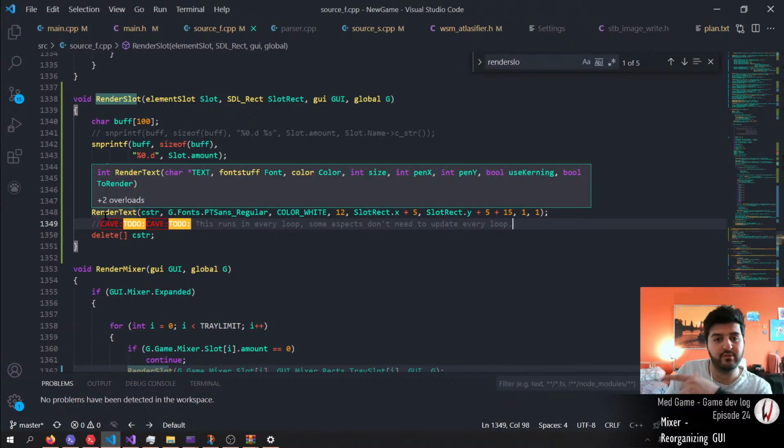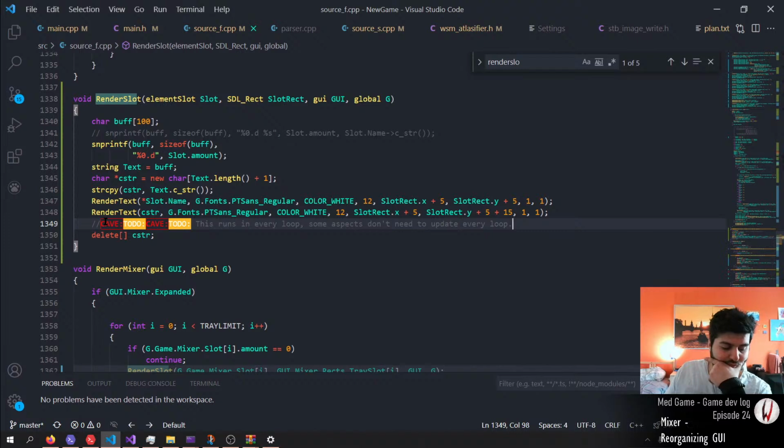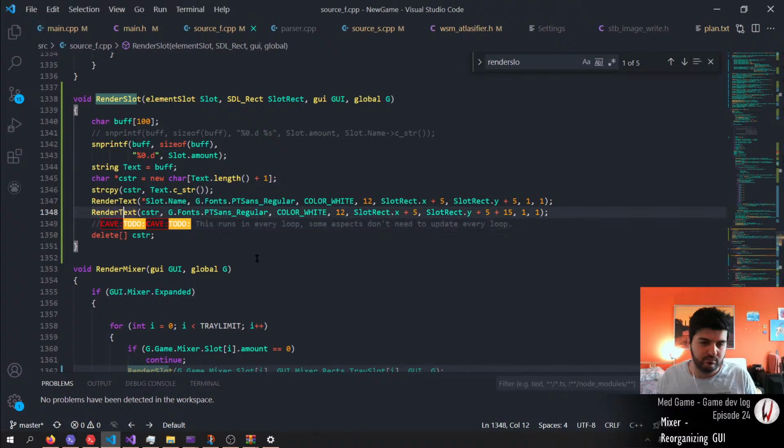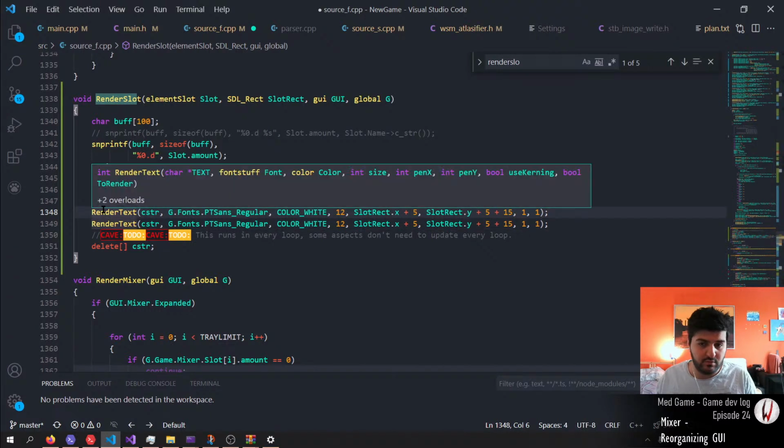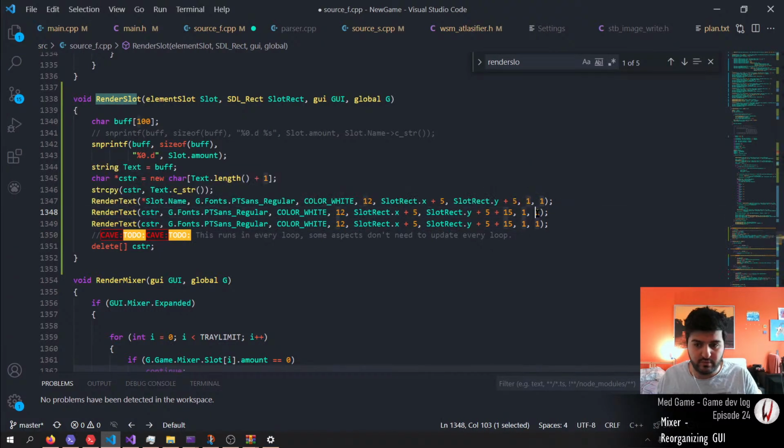Now if I'm going to put it on the right side, where is it to render? The last one, to render is 0. So